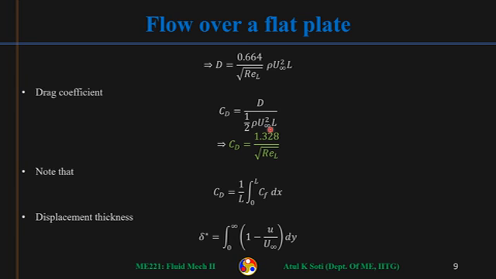This is valid for not just flow over a flat plate, for any kind of body. If the drag force on the body is D, then this is how the drag coefficient is defined. And if you know drag coefficient, then you can find out the total drag force on that body for a given fluid, flow speed and length. Okay, so this is drag. You can put drag here, so eventually you'll get drag coefficient for the flat plate is given by this.